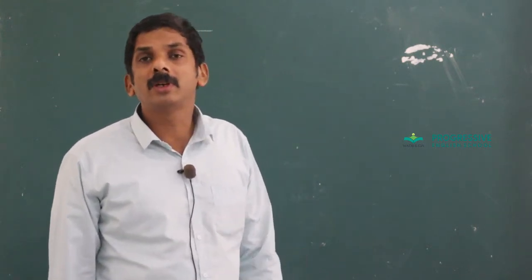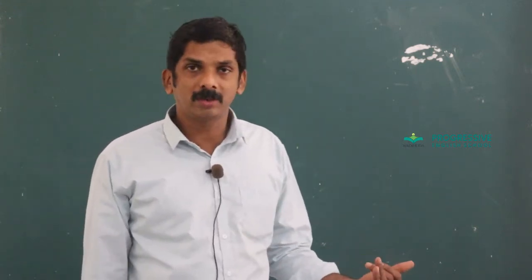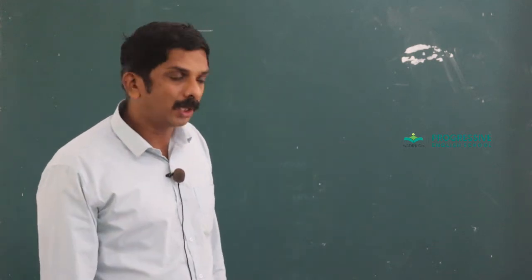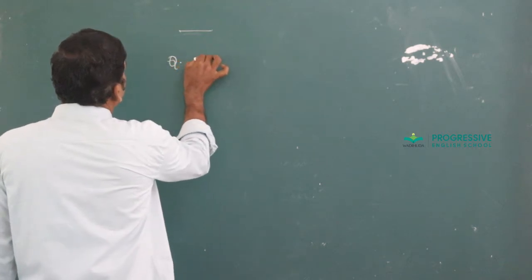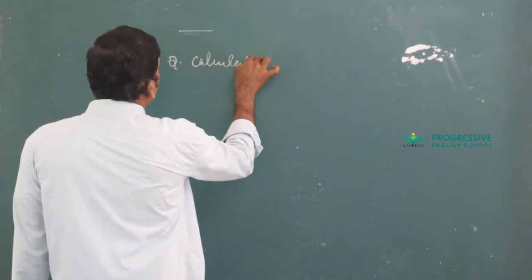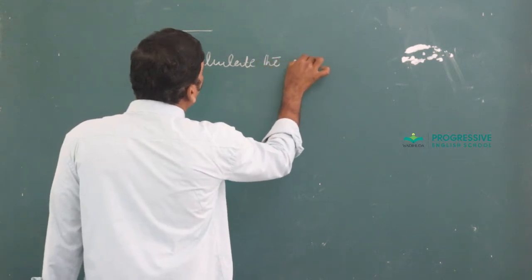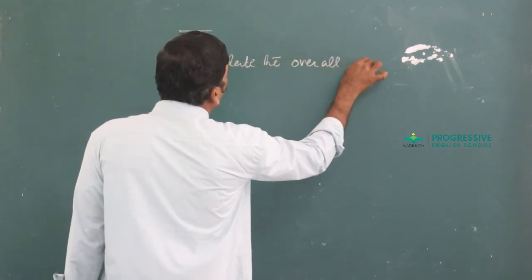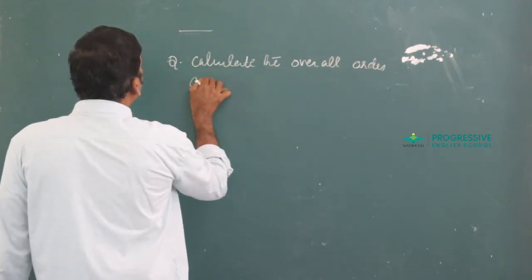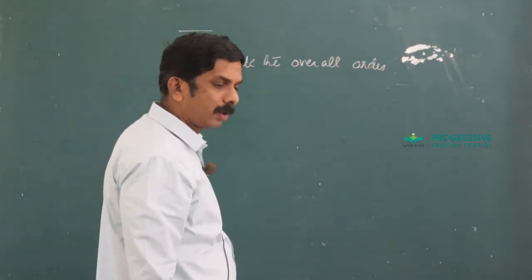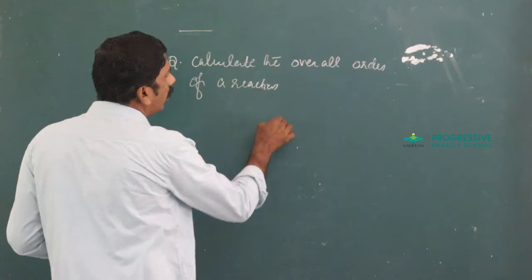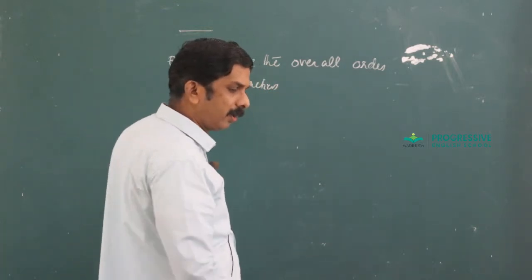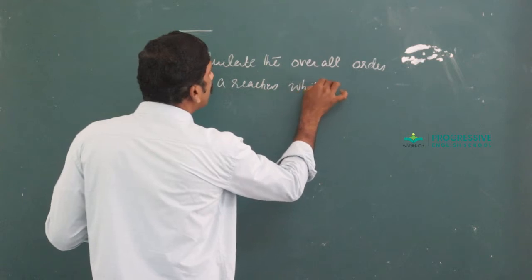Let us become familiar with two questions which were previously asked in board exams. The question is: calculate the overall order of a reaction which has the rate expression,